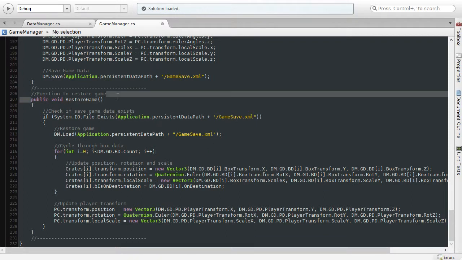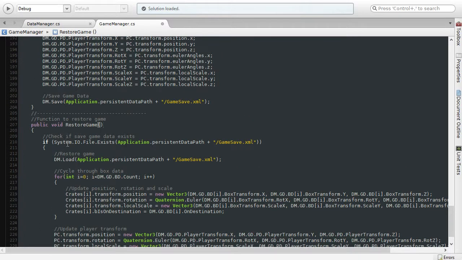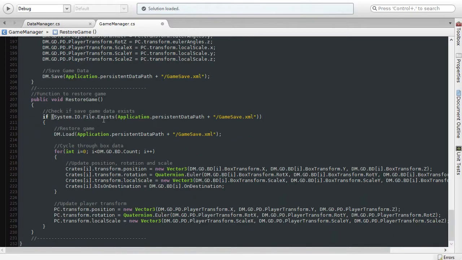So here right now we've got the restore game function, and the very first thing it does before it restores a game is it uses the System.IO File.Exists function to check to make sure that the relevant XML file storing the saved game data actually exists on the local storage, because it's only if that file exists that we can even restore the game. We can't restore data when there isn't data that exists, so right now we have to check for the existence of the file. And then we call the DM, the DataManager.Load function, passing the Application.persistentPath value with the gamesave.xml,